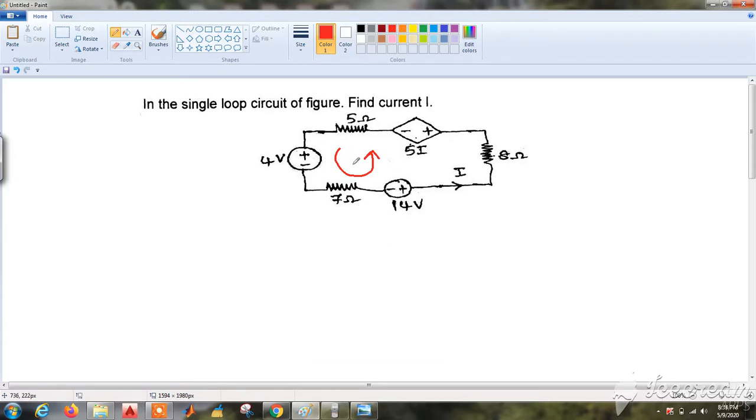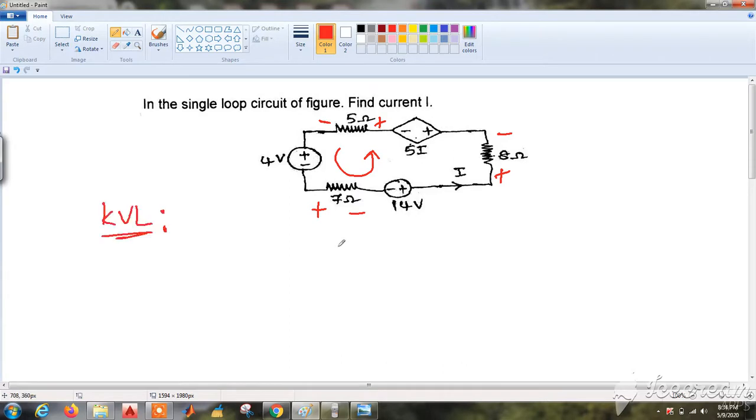Now as I am going in anti-clockwise direction, I will represent the signs across the resistor terminals. Going downwards anti-clockwise, representing plus minus, coming here plus minus, plus and minus. Please remember that you do not change the signs of any of the voltage sources. Don't change the signs of the voltages. Only denote the signs across the resistor terminals. Do not disturb the signs of voltage sources.